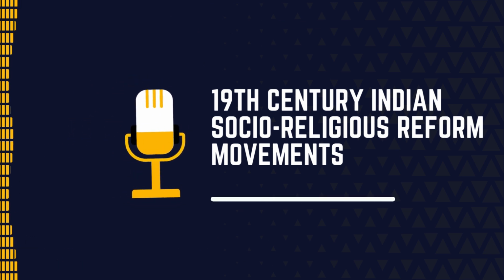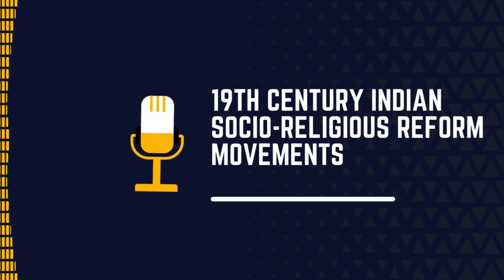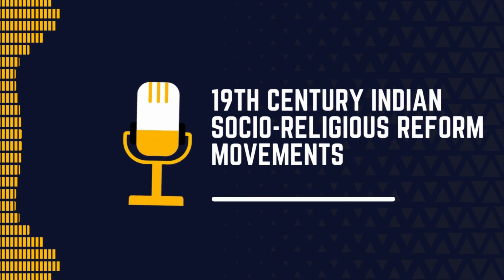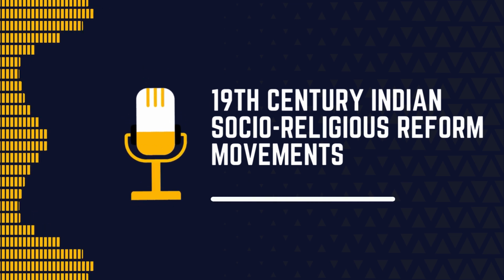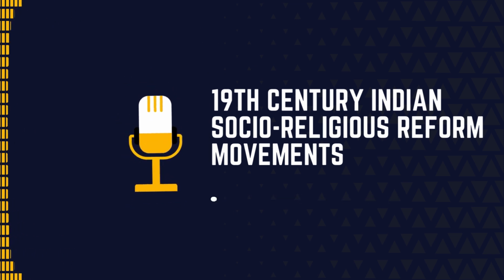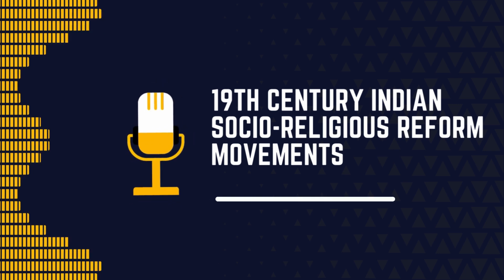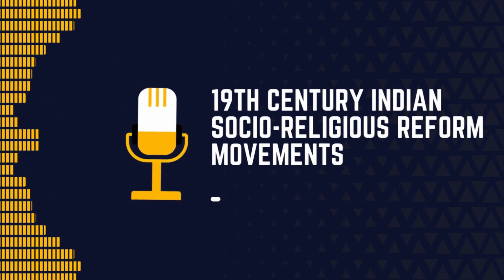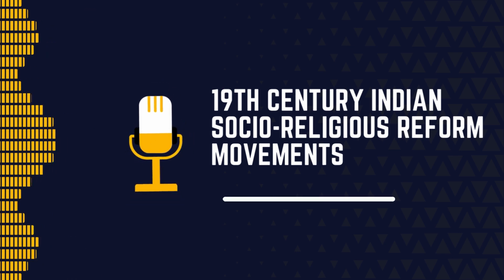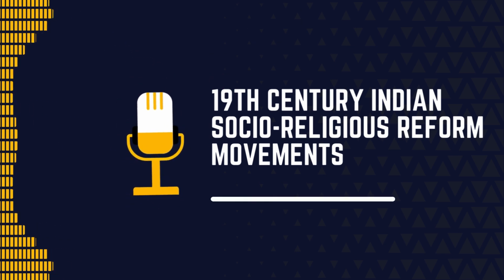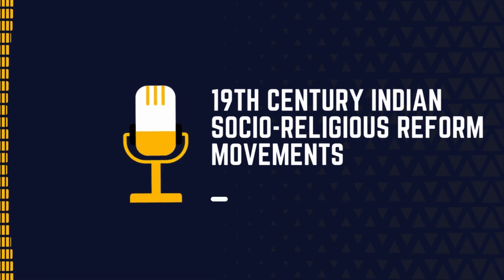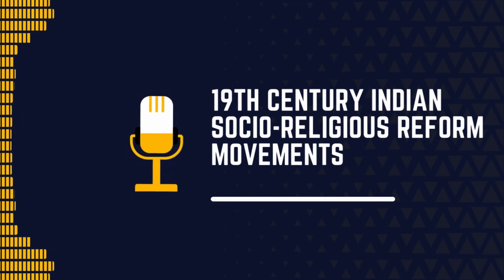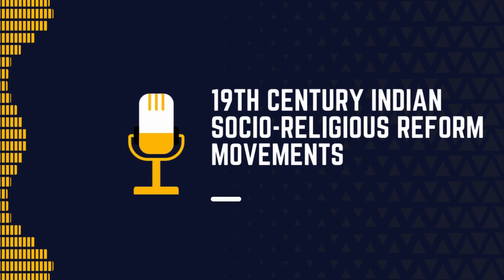All right, so we've talked about the why, the context, the driving forces. Let's dig into the how. What were the specific objectives of these movements? What were they fighting for? What changes were they striving for? Well, one key focus was challenging the rigid caste system. Many reformers saw it as a major obstacle to social progress, to unity. They wanted to dismantle those hierarchies that were so deeply entrenched in society. So it wasn't just about religious reform. It was about social justice, equality as well.